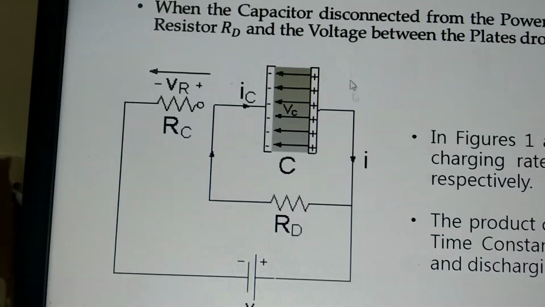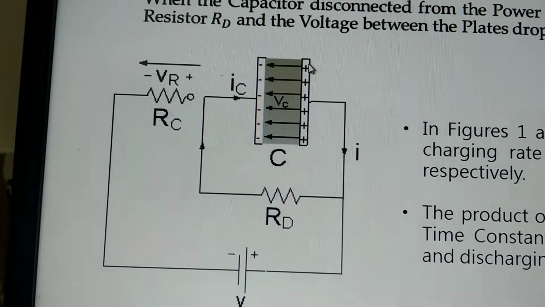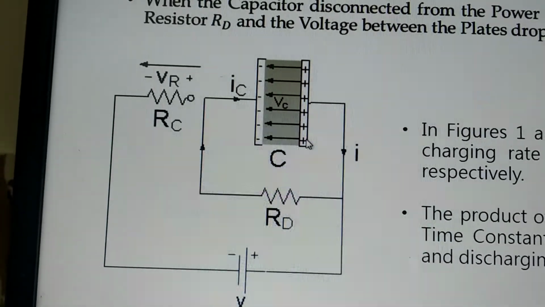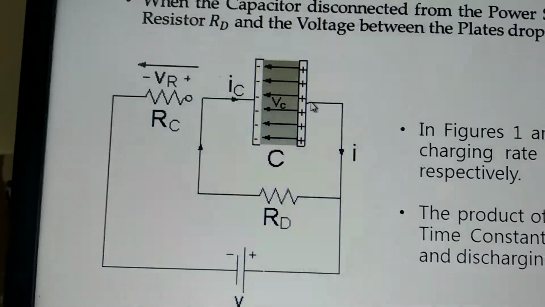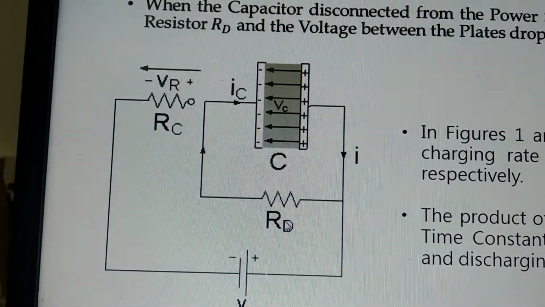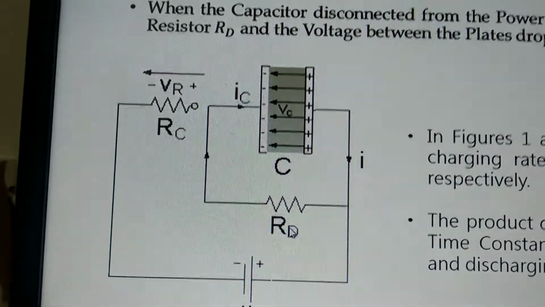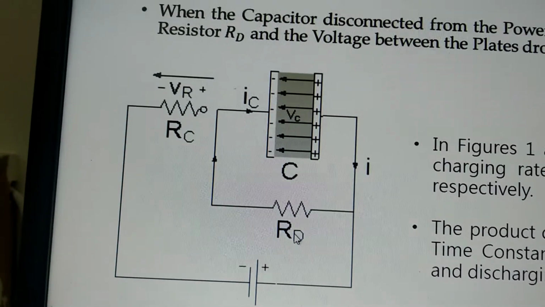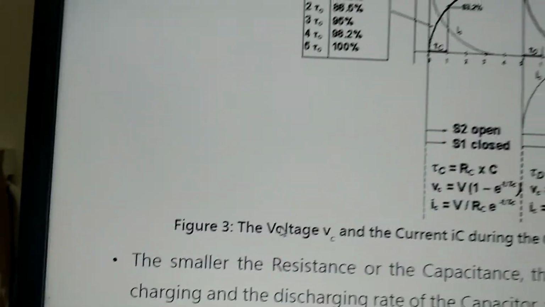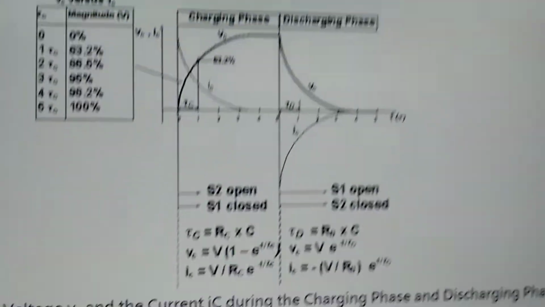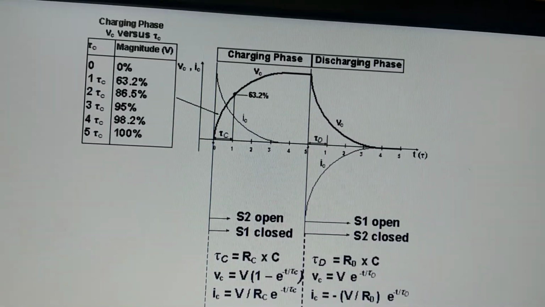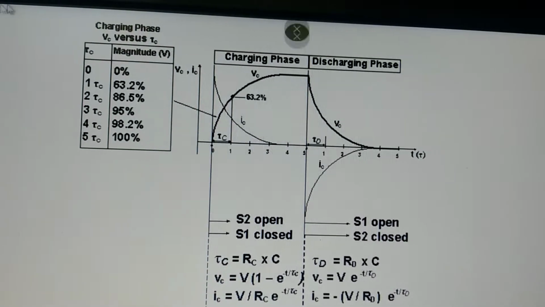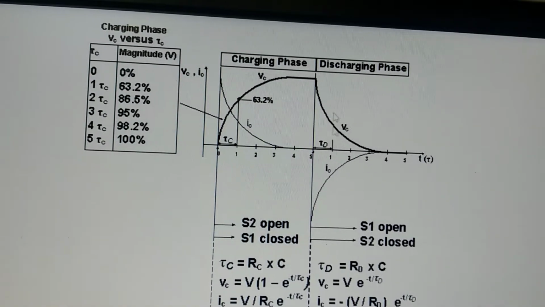During the discharge time of the capacitor, it acts as a power source, and current will flow through this resistor, which can be observed in the form of heat dissipation. So this is discharge. Let us see how the curves are. You can see here the charging and discharging of a capacitor. This is the charging waveform and this is the discharging waveform.